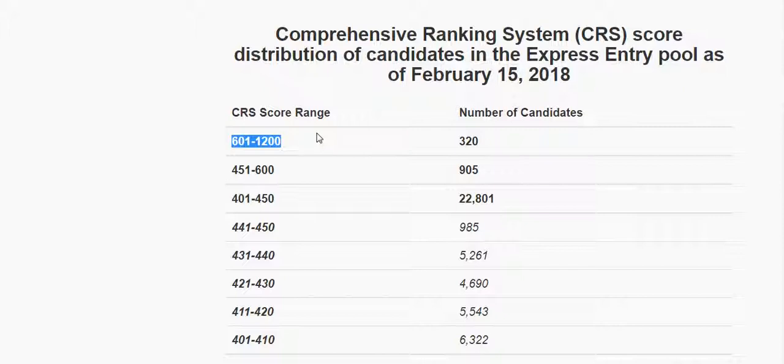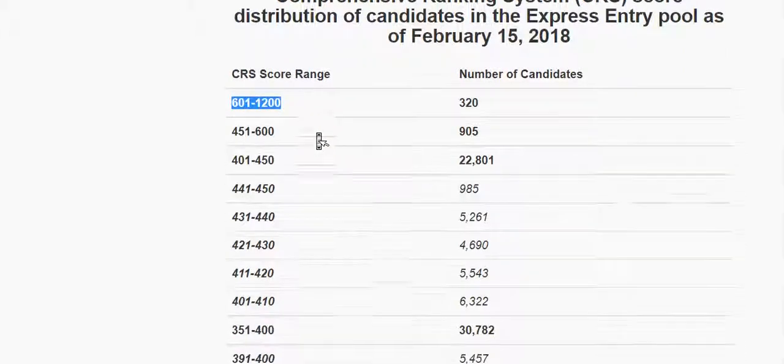That means CRS score of 601 to 1200. 320 candidates got PR being above this 601 point, and those having 451 to 600 points, 905 people were having above 451, but they were below 600. Now it's quite clear that 320 and 905 people have got the PR. They are clear, and the remaining